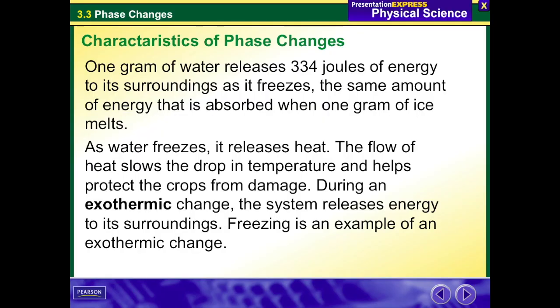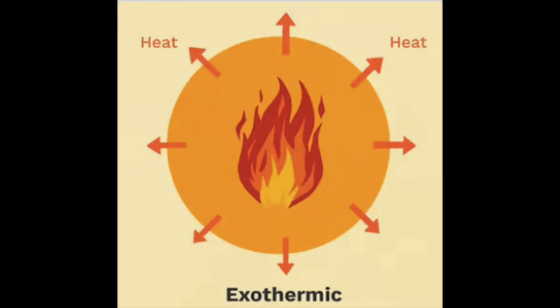As steam condenses, the same process occurs. It releases heat. That's actually why boiling water can be very dangerous. If you get steam condensing on your skin, it can give you a terrible burn, not just because it's very hot, but because it's an exothermic phase change. Exothermic changes are where a system releases energy to its surroundings. We will talk about that with chemical reactions as well, but we can talk about it with these physical changes